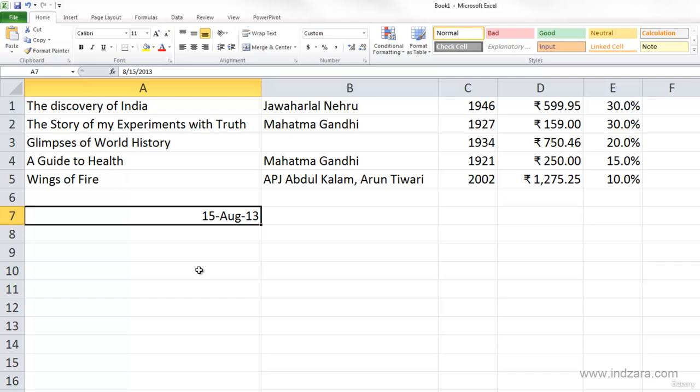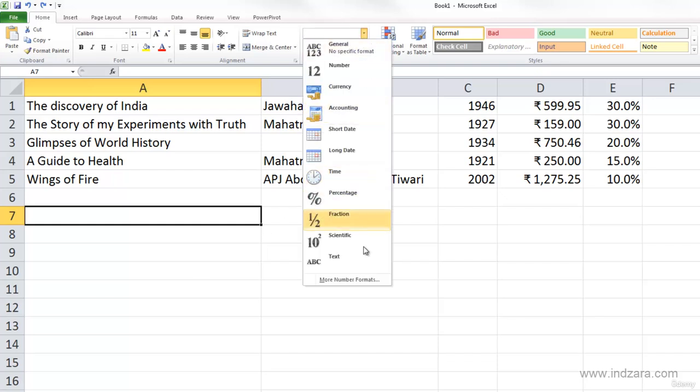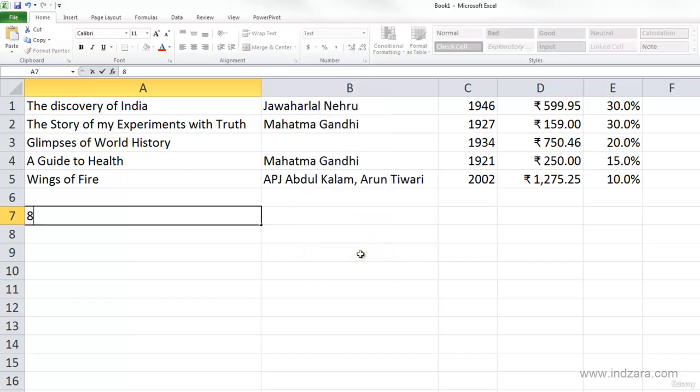Another thing to keep in mind is that in some cases, we would actually want Excel to treat that as a text. For example, if I'm typing in 8/15, and if I want Excel to just treat that as 8/15 and not as a date as it would do here, my recommendation would be before you enter that, change that into a text format and then type in 8/15, and Excel will treat that as a text value. It will not convert that into a date. So let me undo that and bring back